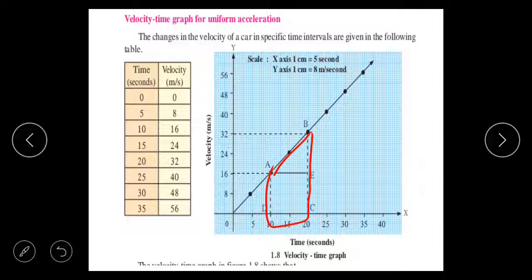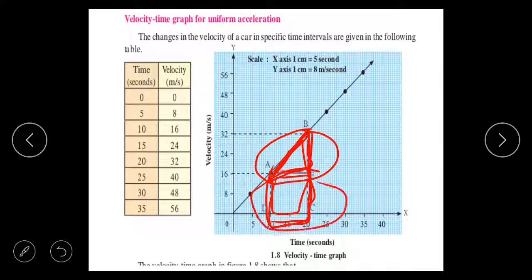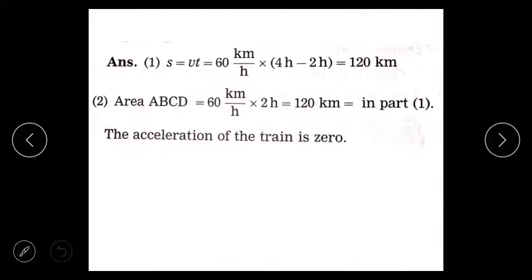So we can divide it into two parts. This is the first part, AECD, and the triangle ABE. We can say that the area of quadrangle ABCD is equal to the area of this rectangle AECD plus the area of this triangle ABE. If you add the areas of these two smaller figures, you will get the area of the bigger figure. So you can calculate this area by this formula. In this way,